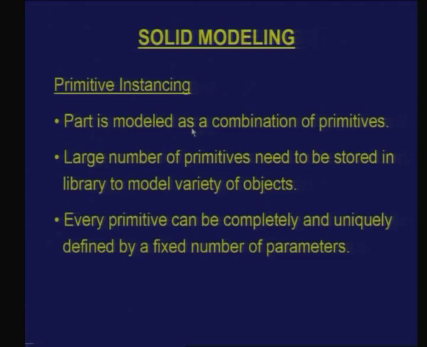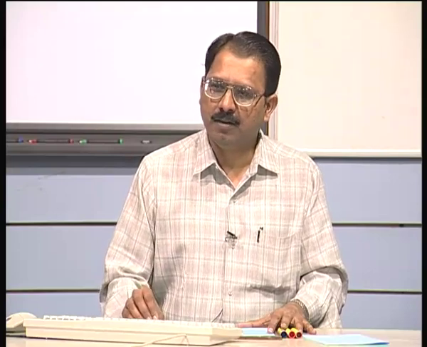If I want to construct an object, it should be treated as a combination. That means many primitives are put together side by side, connected, kind of a thing. The kind of objects which can be modeled will be defined by how many primitives you have. I can have a gear as a primitive, or I can have a spring as a primitive, or suppose I am constructing a mechanical object, I will directly take these primitives, define the parameters to specify a primitive uniquely, and place them in space and build more complex objects.